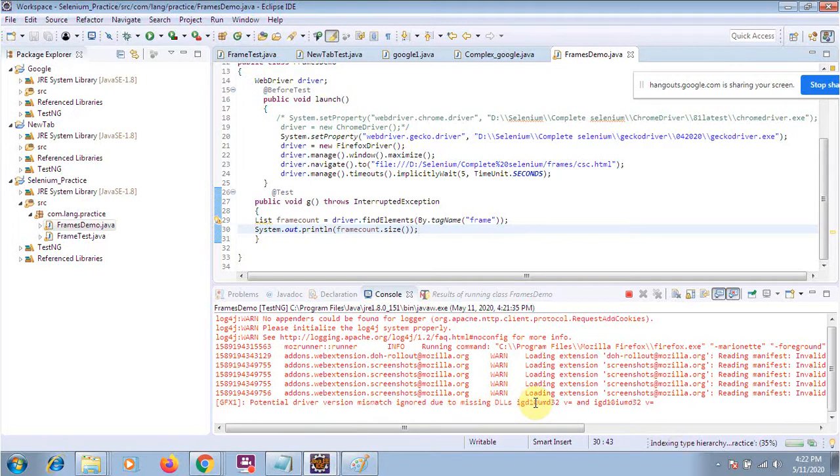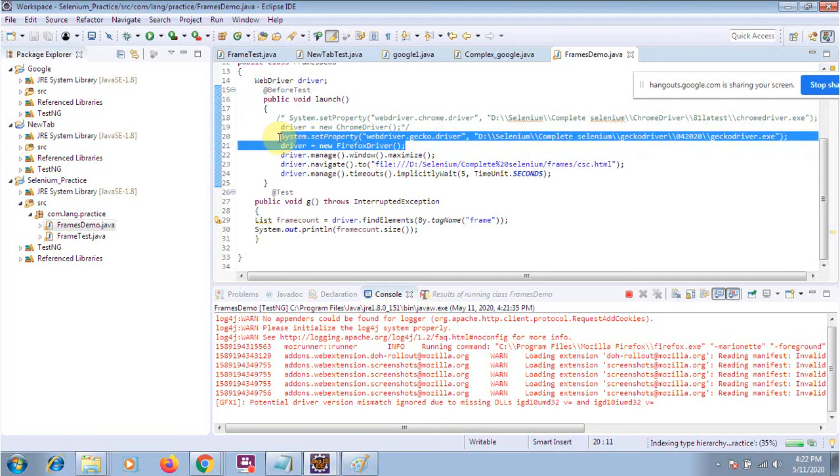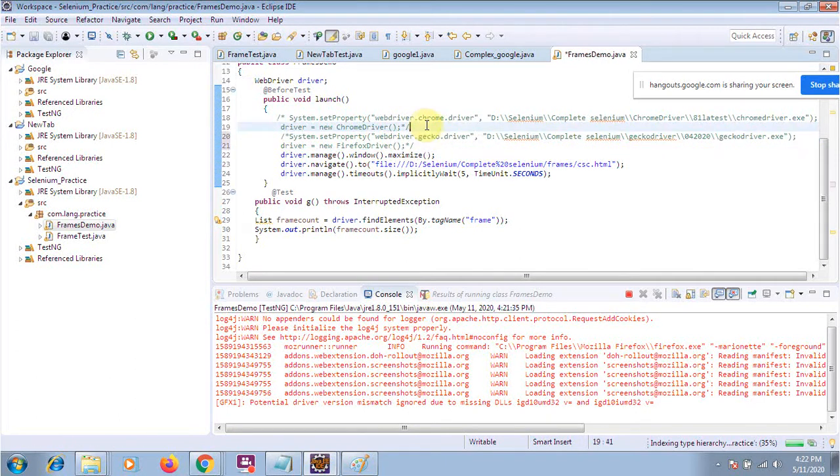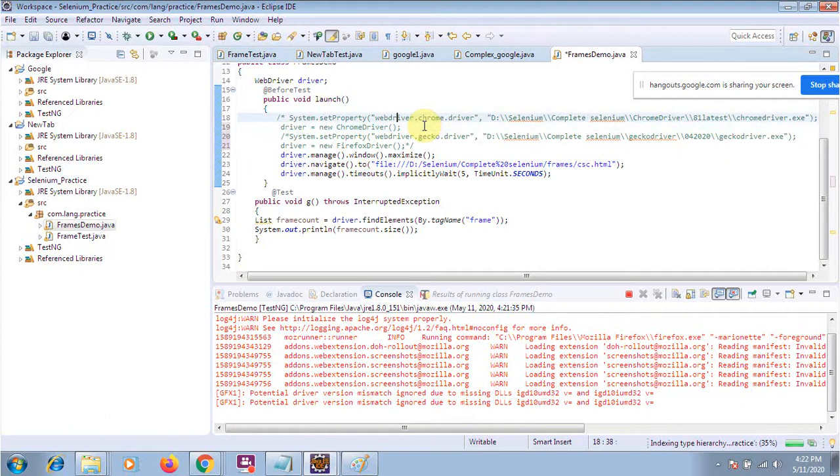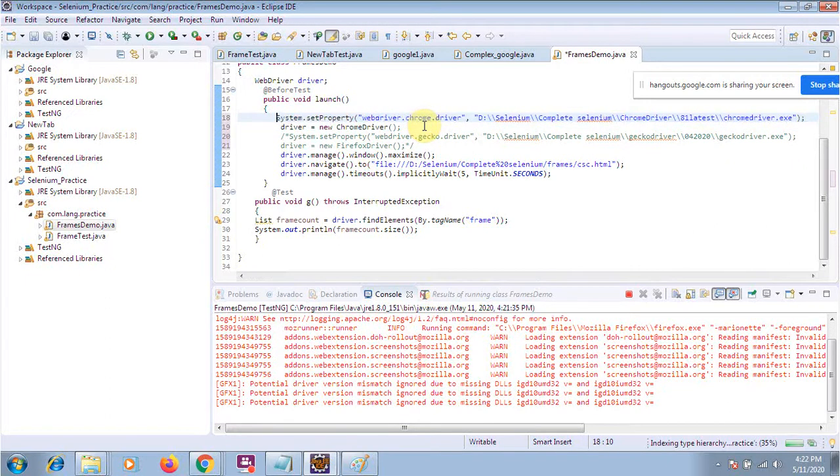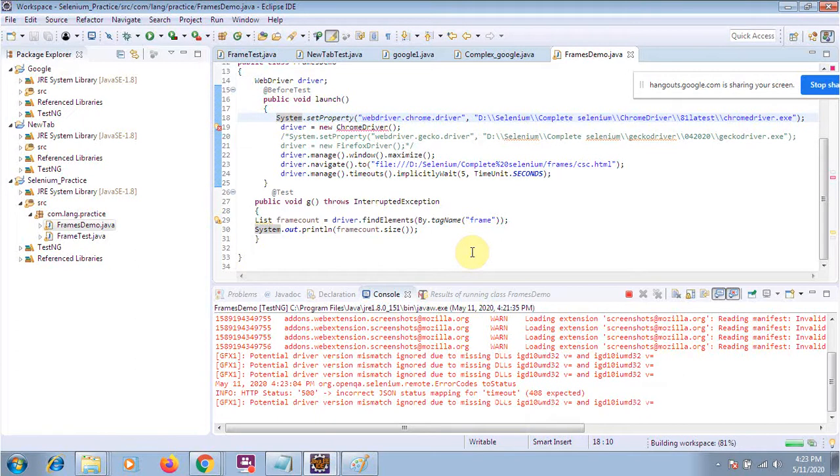I think it's launching. Next time we will use the Chrome driver so that it can easily handle this.